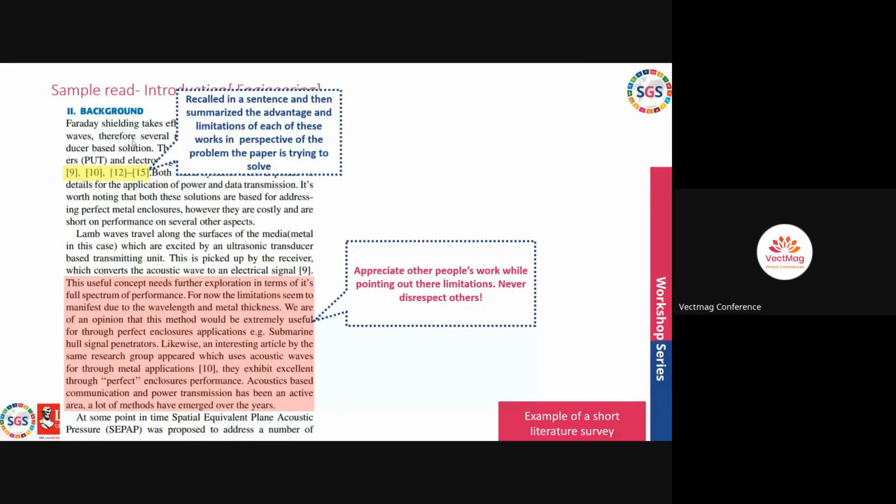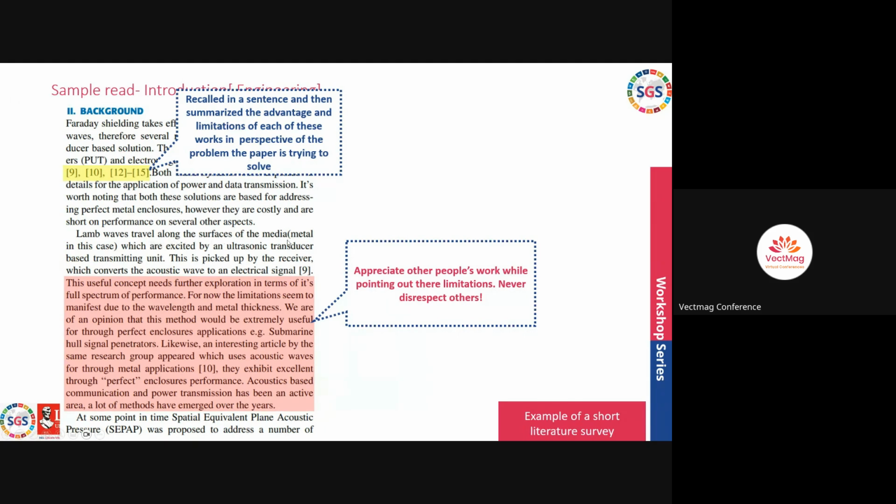If you are going to use ChatGPT, it will not be able to help you with compact writing. It's very bad at that. Another thing which you really should do in your background or literature survey is to appreciate other people's work. While doing so, do point out limitations, but first appreciate and then point out the limitation. For example,